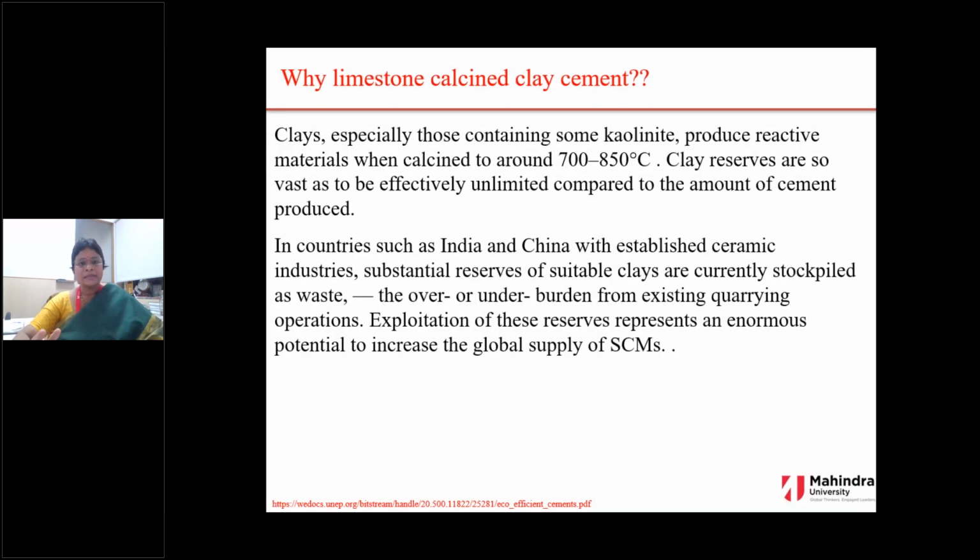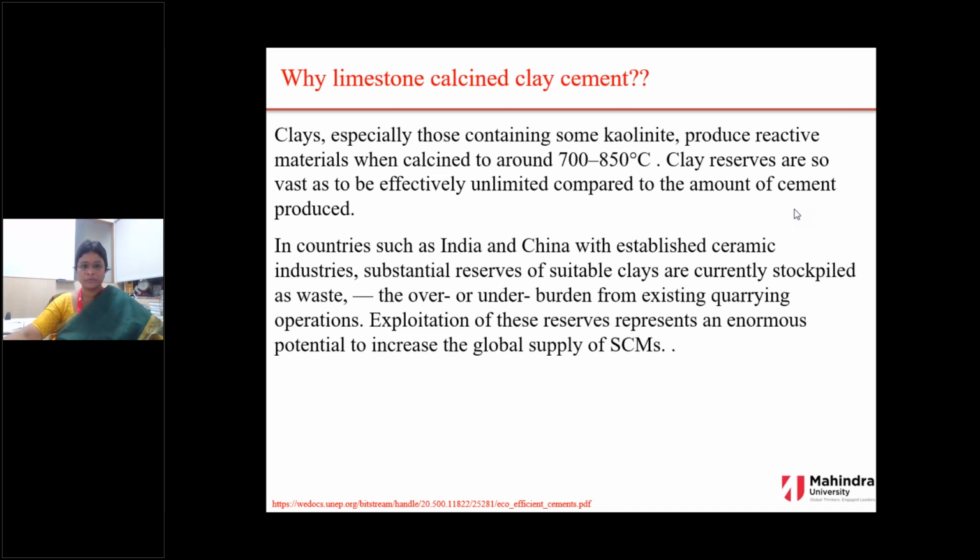And the answer to why calcined clay cements? So this is the answer: because clays, especially those containing kaolinite clays, produce reactive materials when calcined at 500 to 800 degrees centigrade. And we know that the clay reserves are vast and practically unlimited compared to the amount of cement being